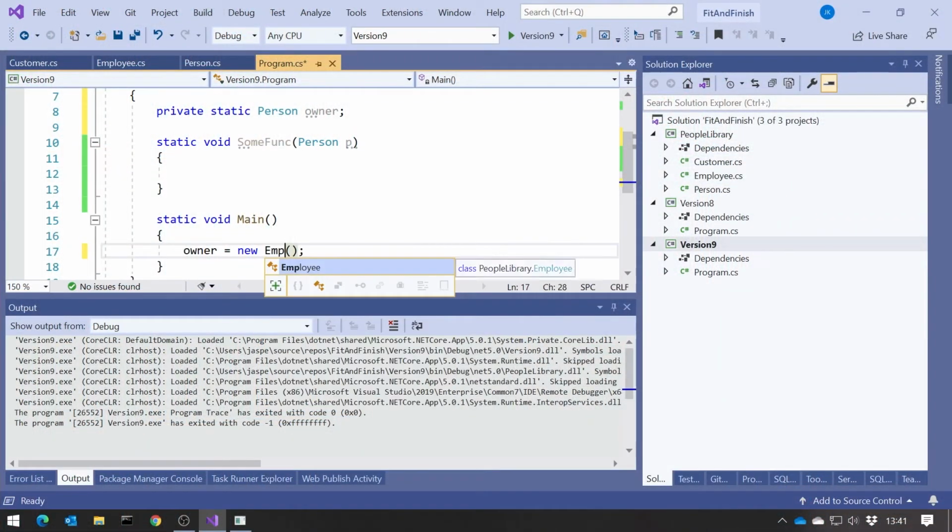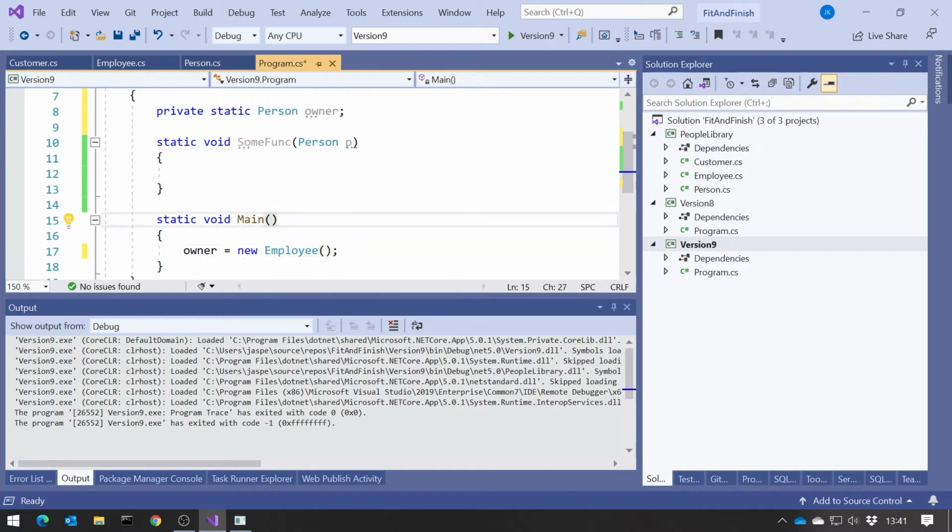Of course, in both of those cases, what is possibly more likely is that although you've got, say, your owner as type person, you would want to put in there one of the derived classes like employee or something like that. So you can still do that, but if you leave it off there, then it's giving us the type that the variable owner is declared for, which is person.